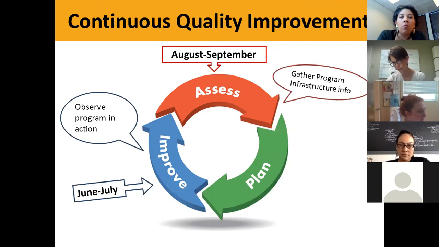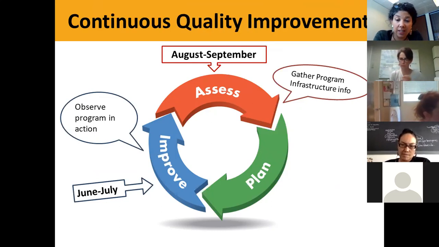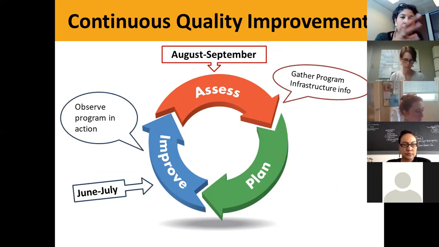This is also around the time when you're going to want to start gathering information on the program infrastructure side. So if you are in a position to start this in September, that's great. If you want to start using this tool now for this summer, and you didn't know about the tool, so you haven't gathered your program infrastructure piece, you can still do it now. It's still very useful information. And so, for example, Belle and Britt will do that still, but it's the ideal when you're using this